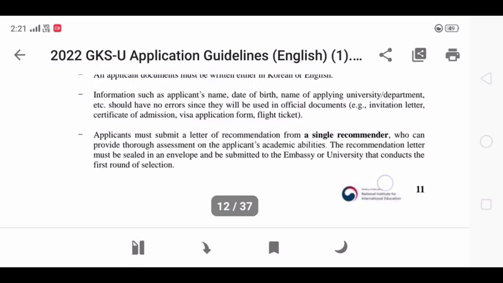Because the thing is that if you do anything wrong in your document, in your application form, they are not going to call you and say, hello miss or mister, your document has so and so problem and error, so please correct this error and then send your application again. Okay, so this thing is not going to happen. If your document has any sort of error, they are simply going to reject your document without even informing